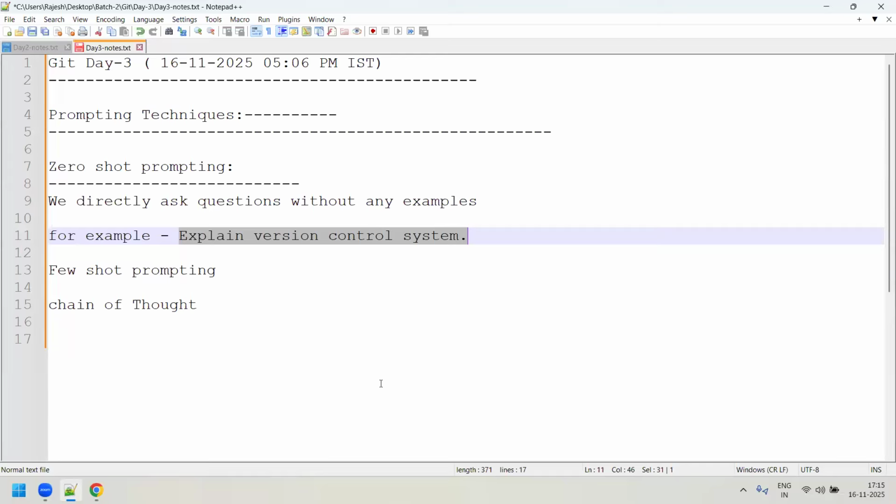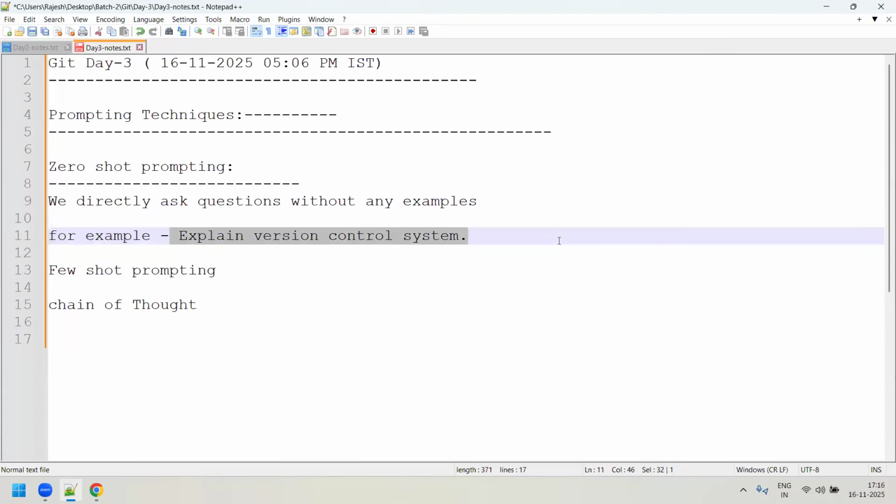You need to put some kind of restriction. You need to put some kind of role. You need to put some kind of restriction to make sure of that, and also you need to put some kind of example, so that your prompt or your AI tool can respond in a better way, right? So still I would say, don't ask any direct question like how we ask Google actually.